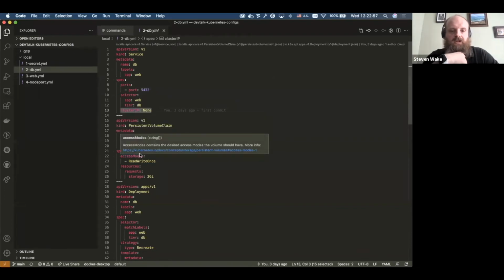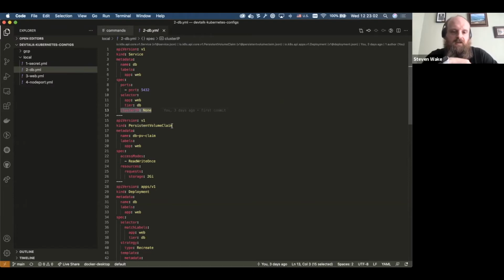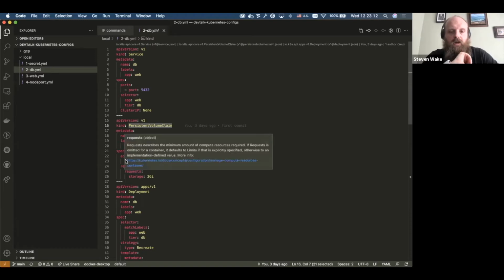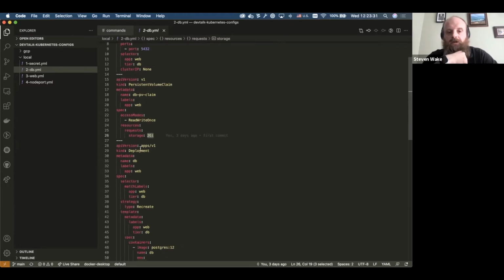We then move on to the persistent volume claim. The persistent volume claim is like a ticket to a persistent volume, which is where you store your data. You give it a name, you give it a label, you give it an access mode and the resources that we need. In this case, it's going to be a 2 gig volume. So this will try to match itself to a free persistent volume. If it doesn't find one, it will generate one on the fly for us, which is exactly what we want. So we'll allow it to do that.